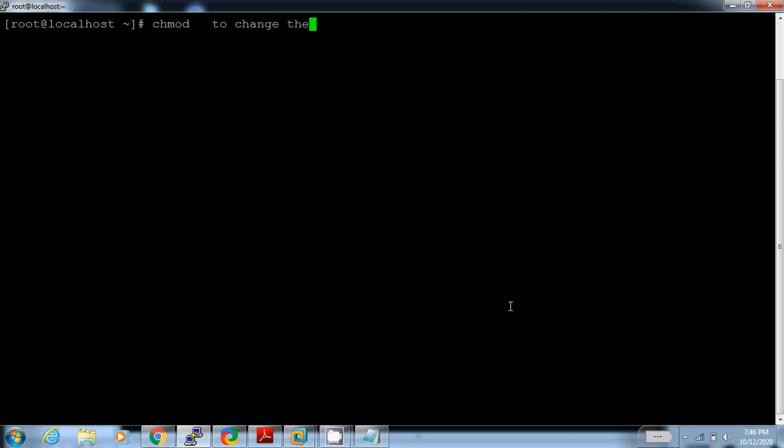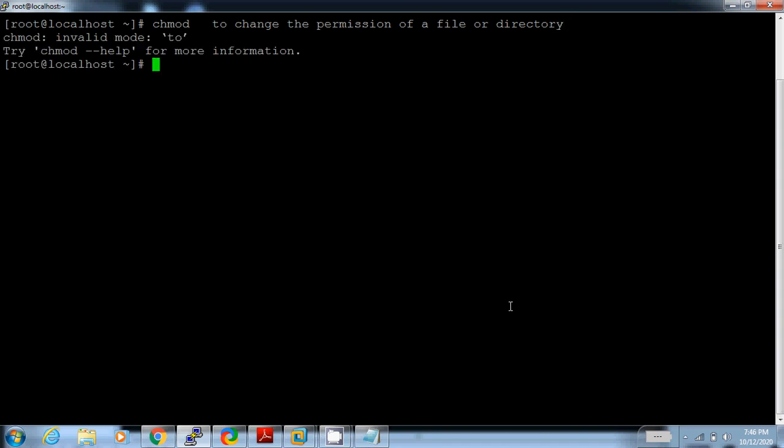To change the permission of a file or directory. If you want to change owner of a file, then you will use chown to change the ownership.